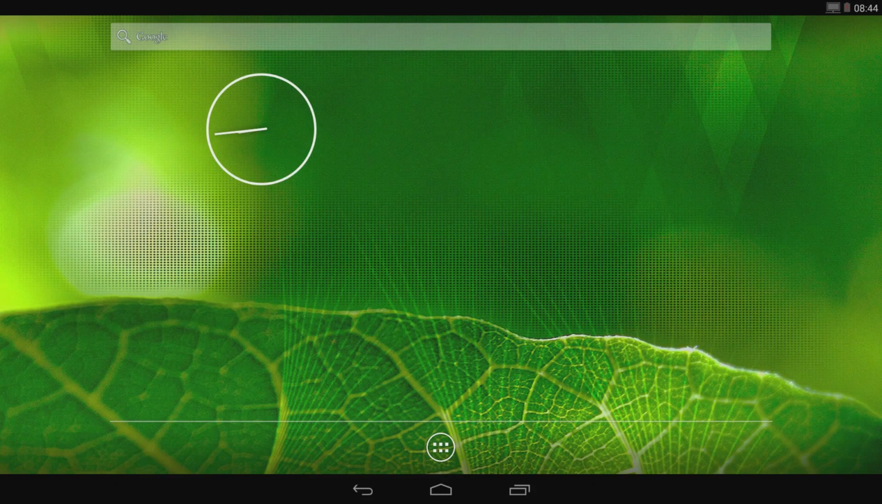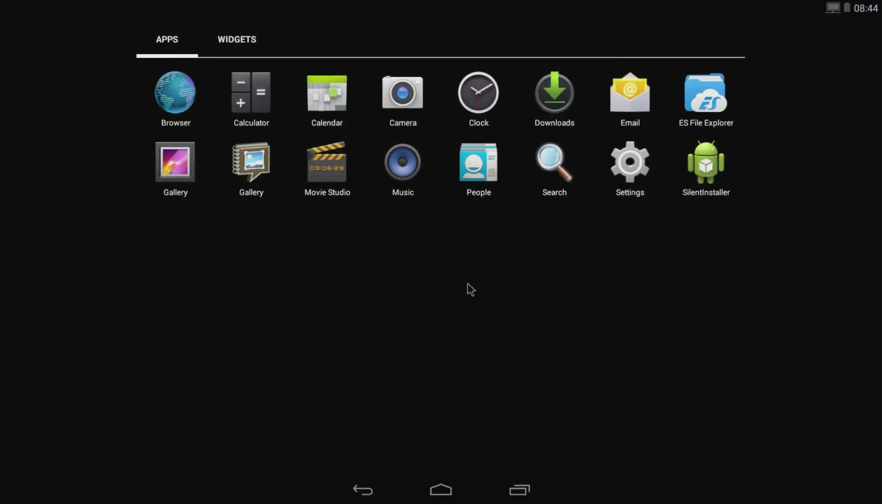So here we can see I'm looking at our Android device, and this hasn't been configured at all yet. So what I'm going to do first is download the Zeebo for Android player from the Spring Signage website. So we're going to go into the browser,